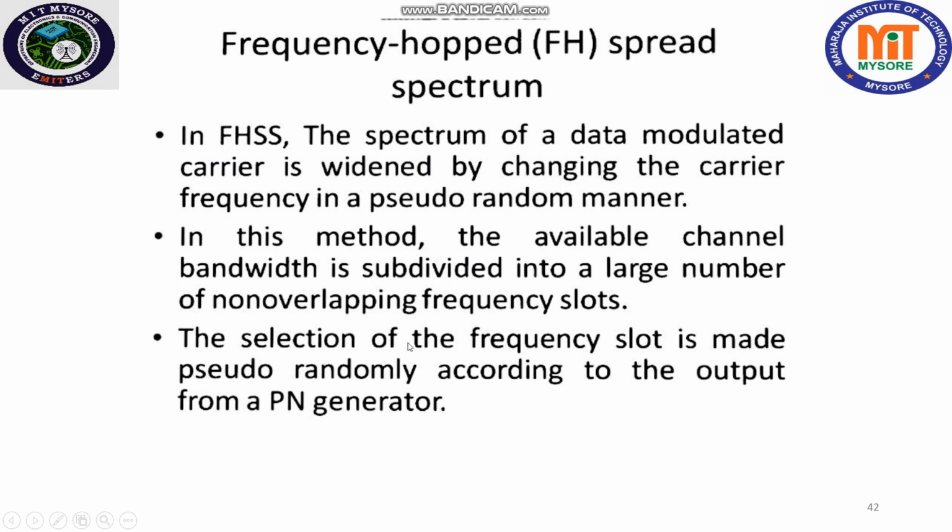And this selection of the frequency slot is made pseudo randomly according to the output from a PN generator, as already explained. This explanation will be understood better if we go through the block diagram of